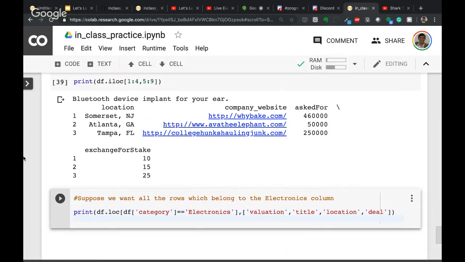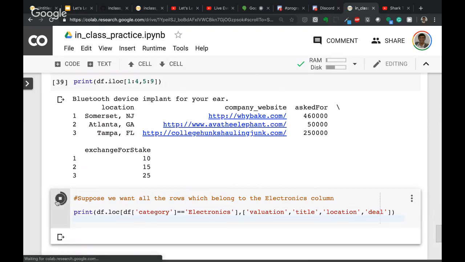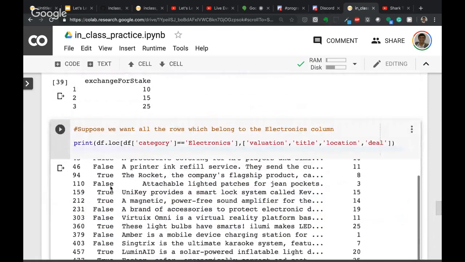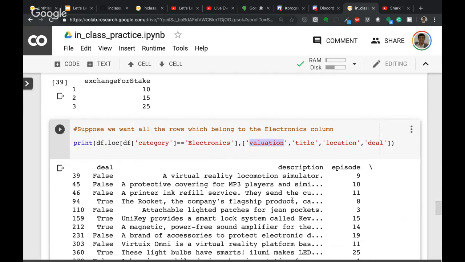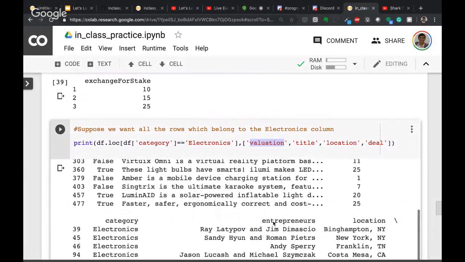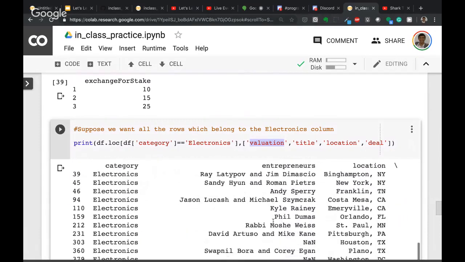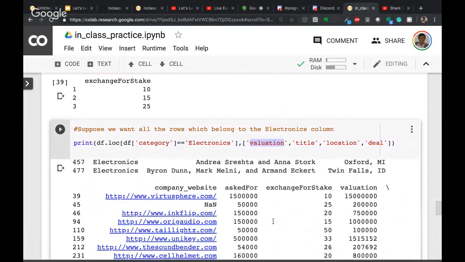Okay, let's run this. So now what's going on is we are just pulling out these specific rows which equal electronics, meaning these are deals that were electronics based. So that's the row-based filter that we have. And then on the column side, you're pulling out just the valuation, title, location, and whether the deal did in fact happen or not. So those are the specific columns that we are